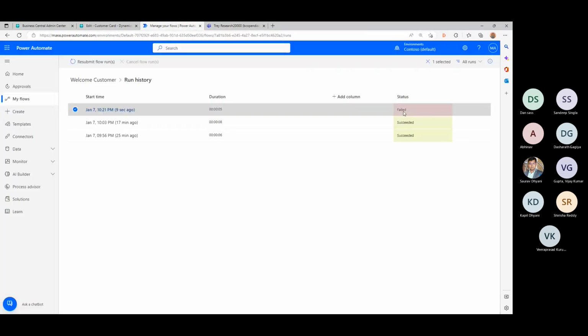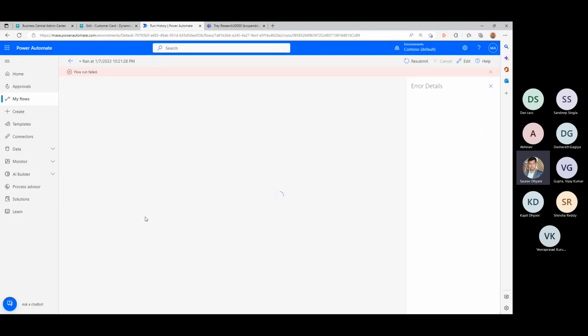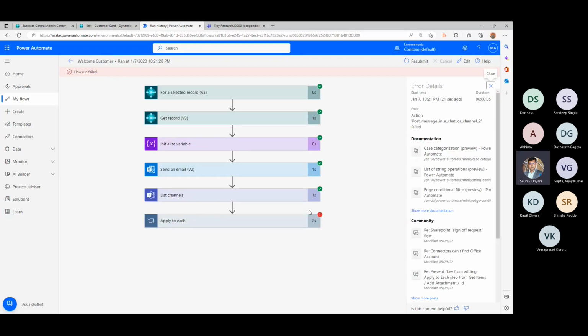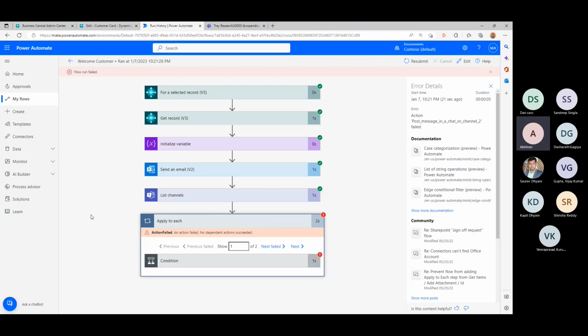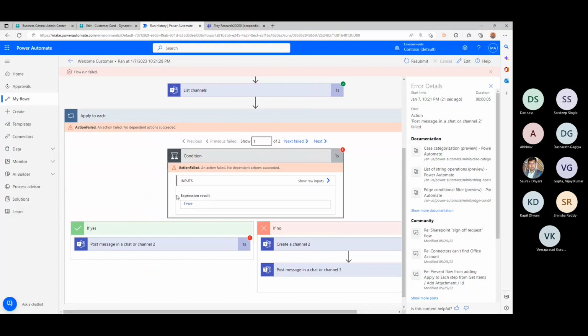Oh, it failed. Okay. Where it failed is, it failed here, apply to each, as you guys were expecting. It said it is true.